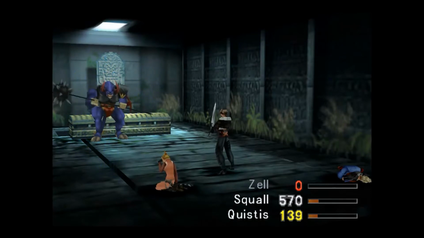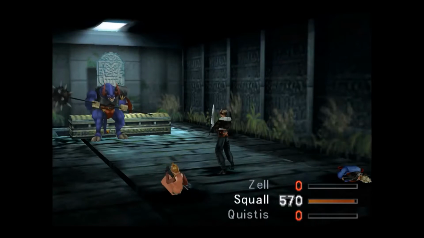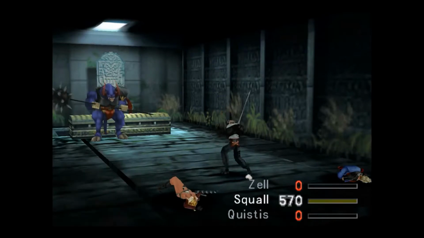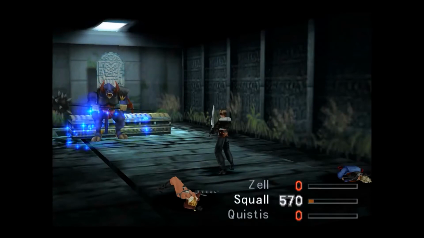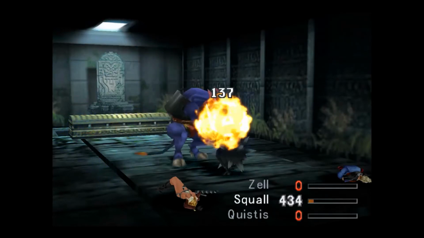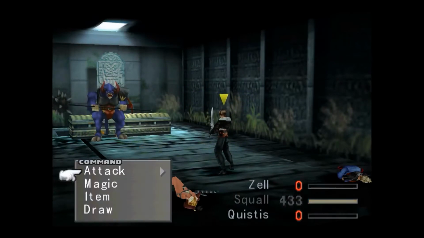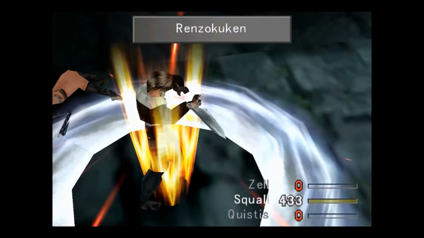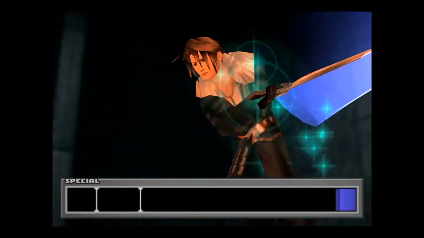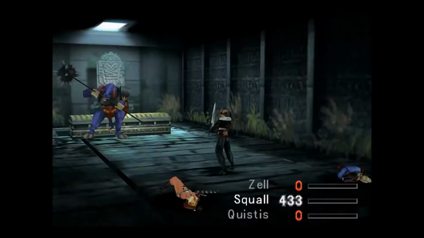Okay, you need to get the heal off. Ah, god damn it! What a troll. Just gonna attack it. To be fair, Squall is the person that's going to win this fight, no matter what, anyhow. Well, if anybody's going to win this fight in this group, it's Squall, is what I was meaning to say there. And that's probably done it. Renzokuken is incredibly overpowered. I will admit, I love it, but it's one thing I think they probably did slightly wrong in this game,